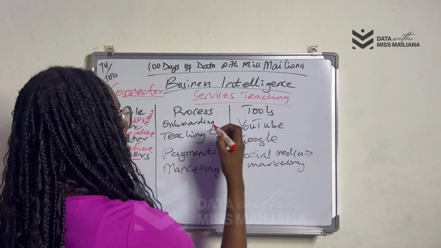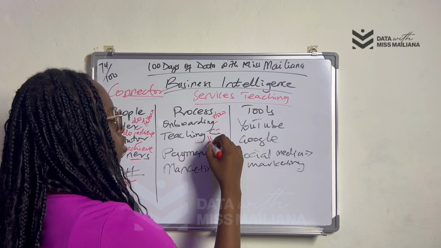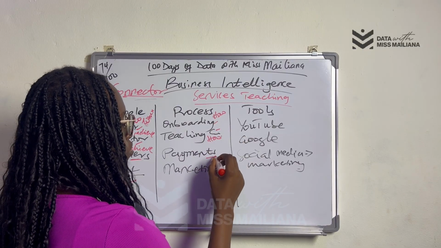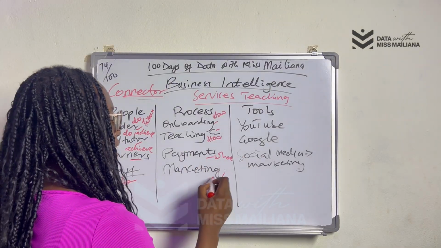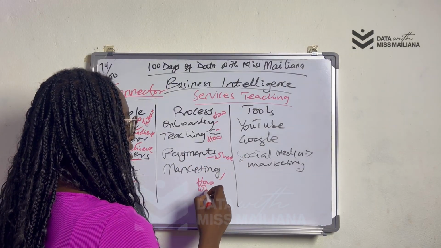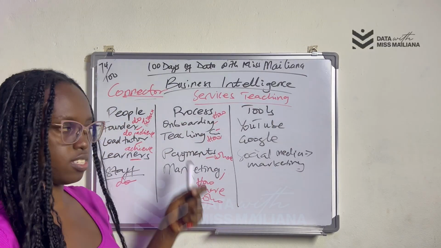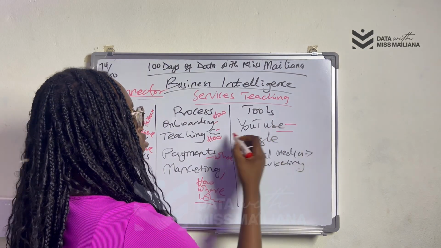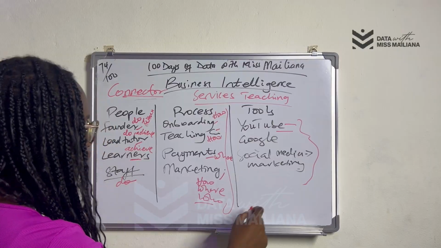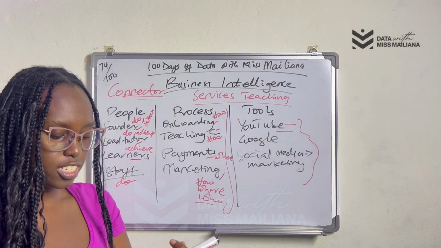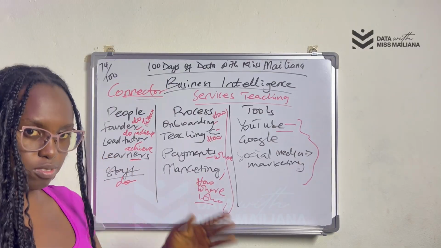So now onboarding, how is the onboarding done? Teaching, how is teaching conducted? Payments, where is the payment, like where does the payment go to? Marketing, how is marketing done, where is it done, and all those things, who does the marketing and everything. You have to know this intelligence as well. Then you have to know the tools. So if you know how things are done here, you also know how the tools are done. So at the end of the day, when you go into a meeting as a business intelligence person, you are more of like what everybody is saying you have to know.